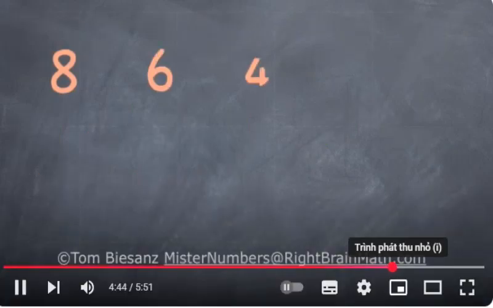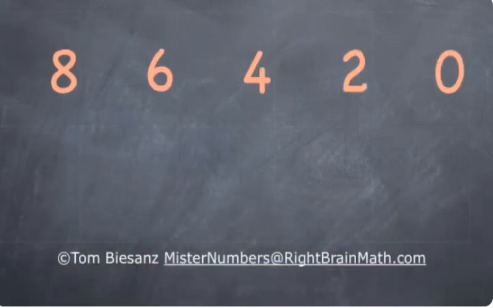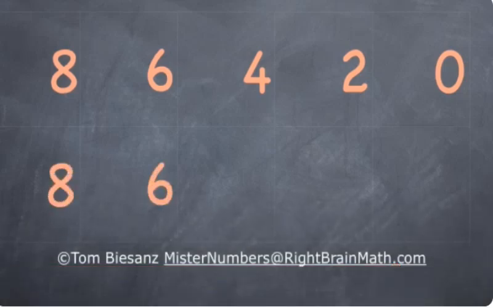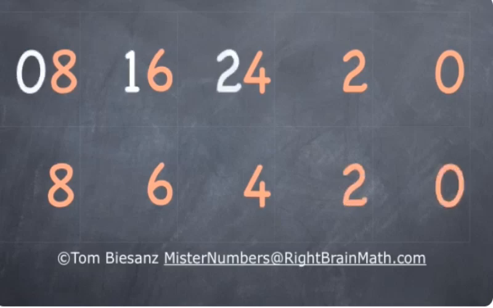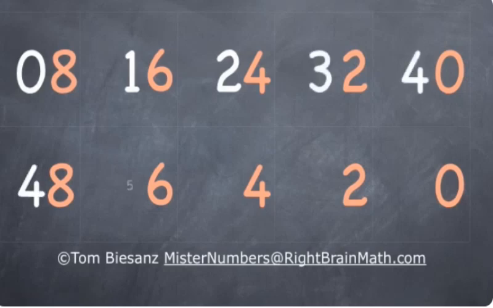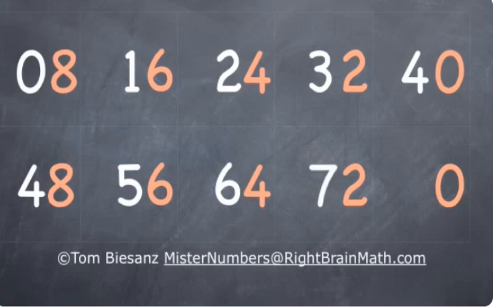Here is a quick way to memorize the 8s. On a piece of paper, write out 86420, and again 86420. Then put in front 0, 1, 2, 3, and 4. Repeat the 4, 5, 6, 7, 8, and you just created the 8s. Do this a couple times a day, and pretty soon the 8s will be